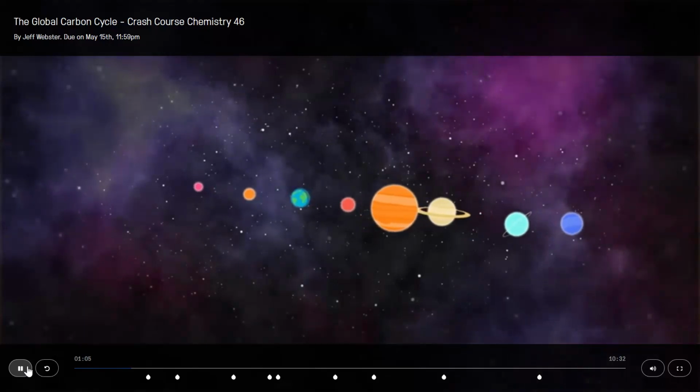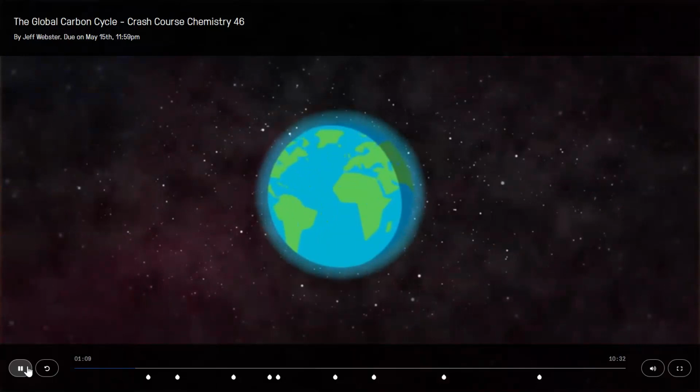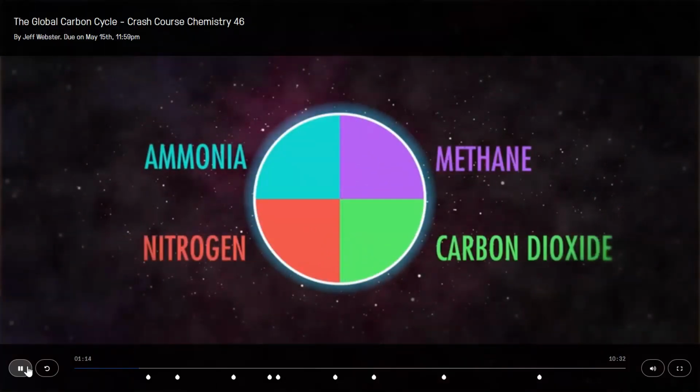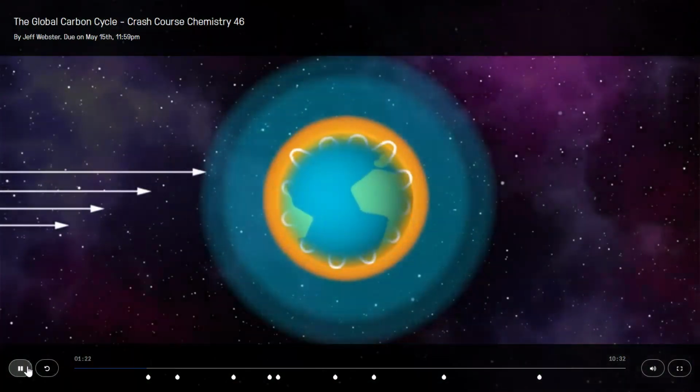Of all the chemistry that happens on this planet, the carbon cycle is the thing that makes Earth earthy, unique among planets that we know and understand. The early Earth's atmosphere was made up of ammonia, methane, nitrogen, and carbon dioxide, among some other things, but essentially there was no free oxygen. Many of these gases, including CO2, are what we call greenhouse gases because they absorb heat energy, thus increasing the